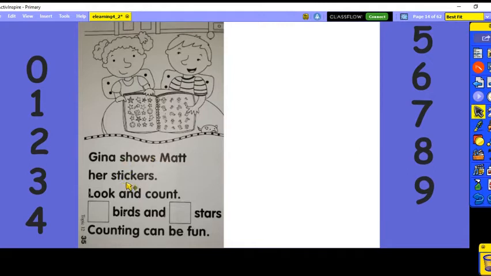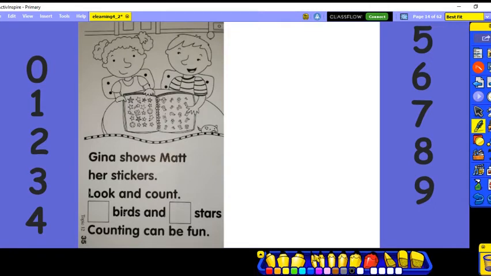Gina shows Matt her stickers. Look and count. Birds and stars. Counting can be fun. So look, it looks like Matt has bird stickers and Gina has star stickers. So let's count